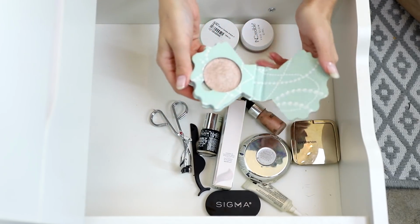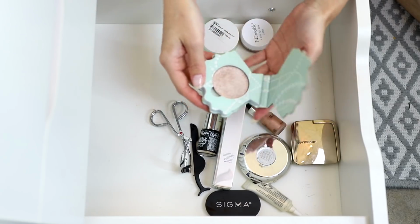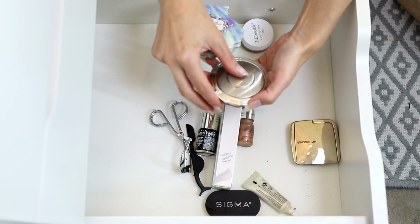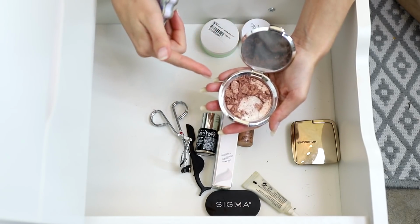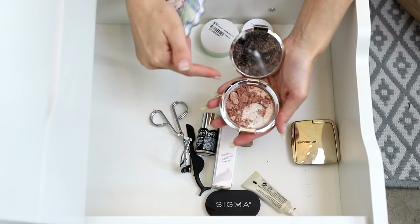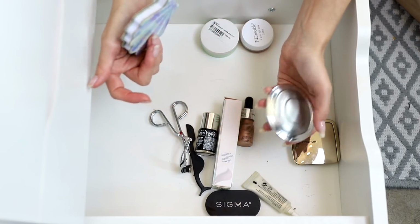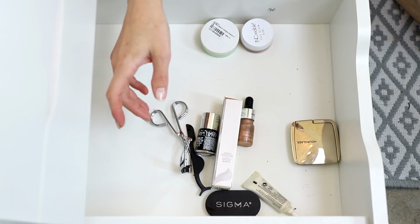Bitter Lace Beauty. This is their Treasure Highlighter. I don't have a problem with this. I just am not trying to keep all of my highlighters. The Becca Ocean's Glow highlighter. This was in an episode of the Makeup Breakup. I then put it in my project pan this year to try and finish it, but it broke, and I'm not about to hold on to a broken highlighter that is going to make a mess in my life, so